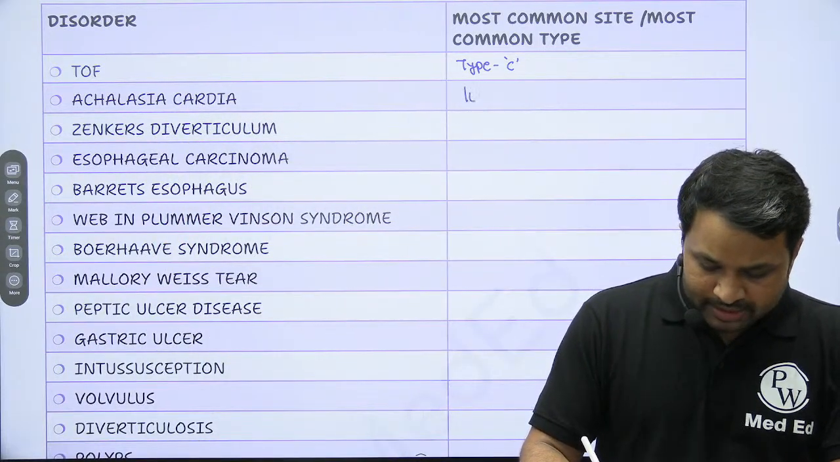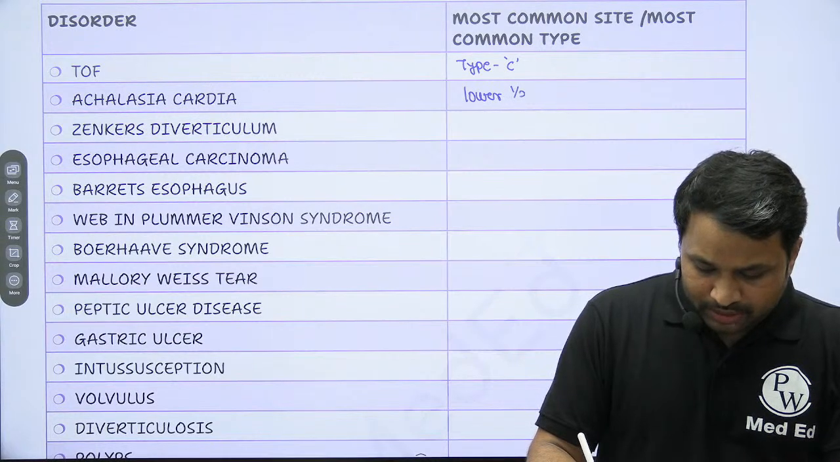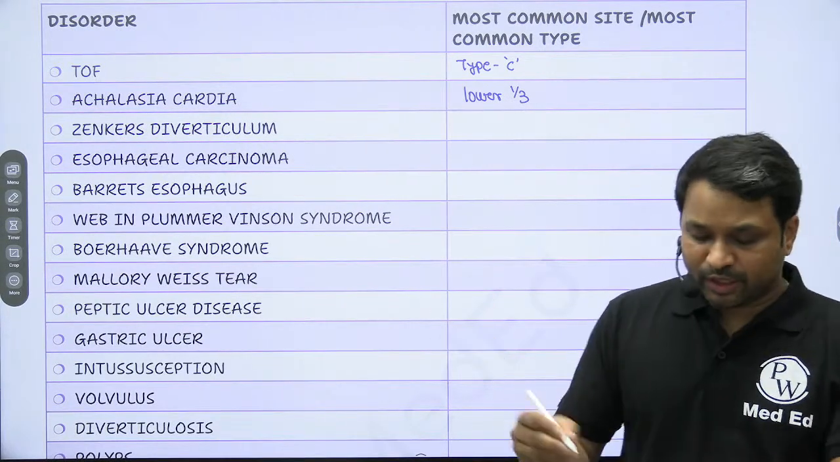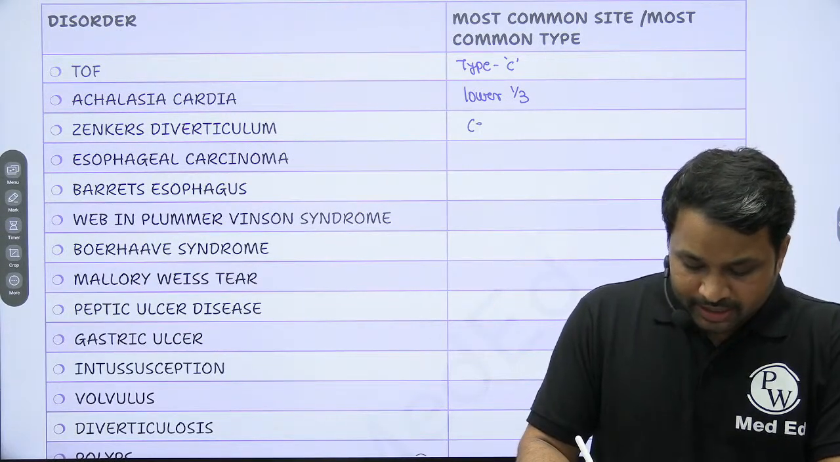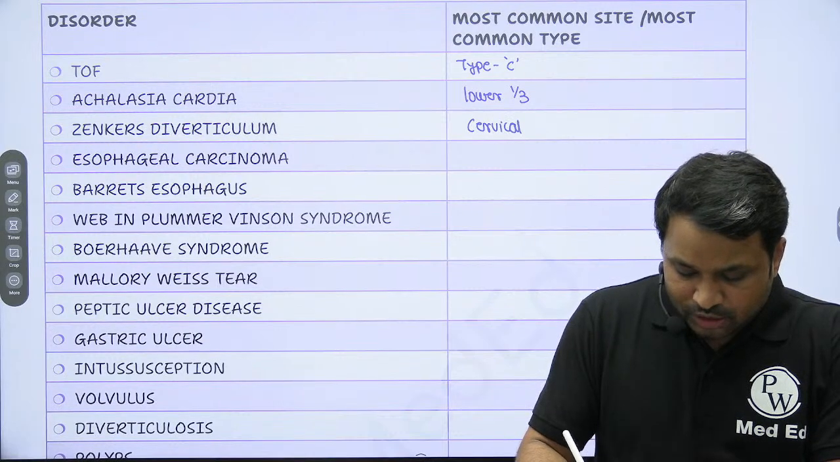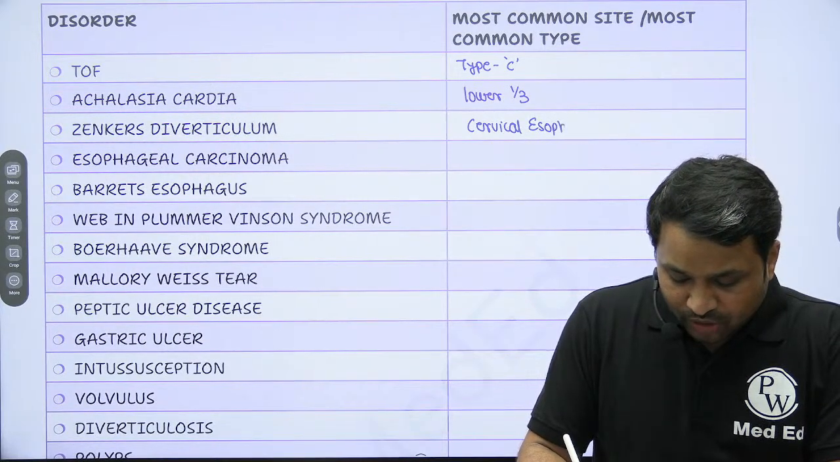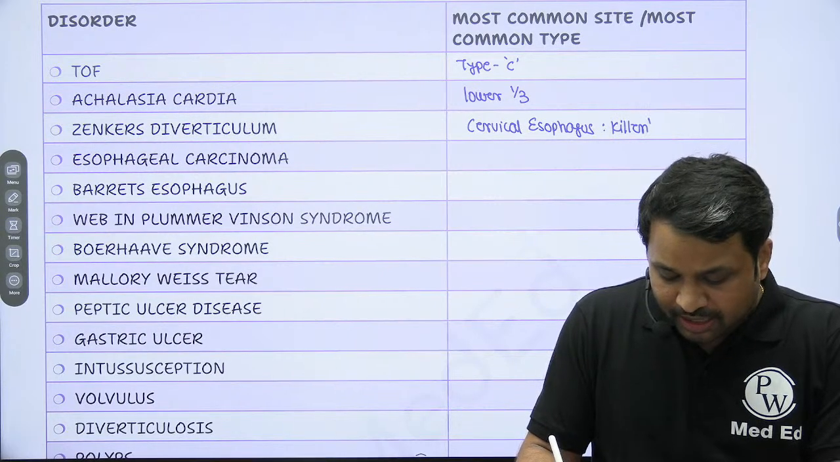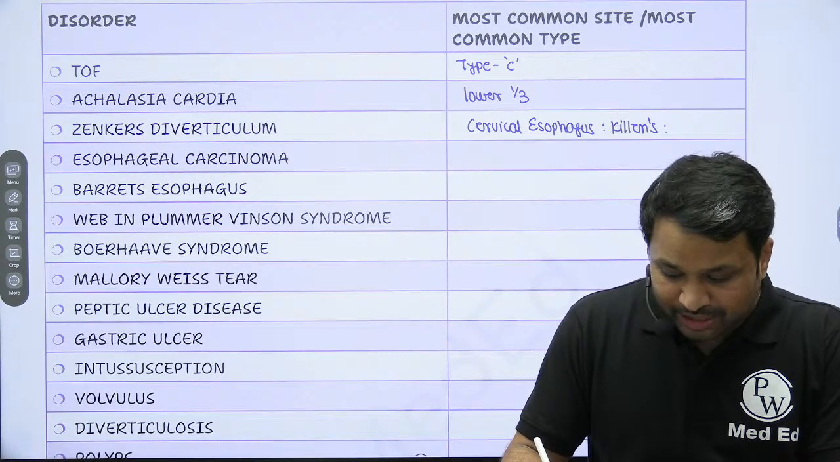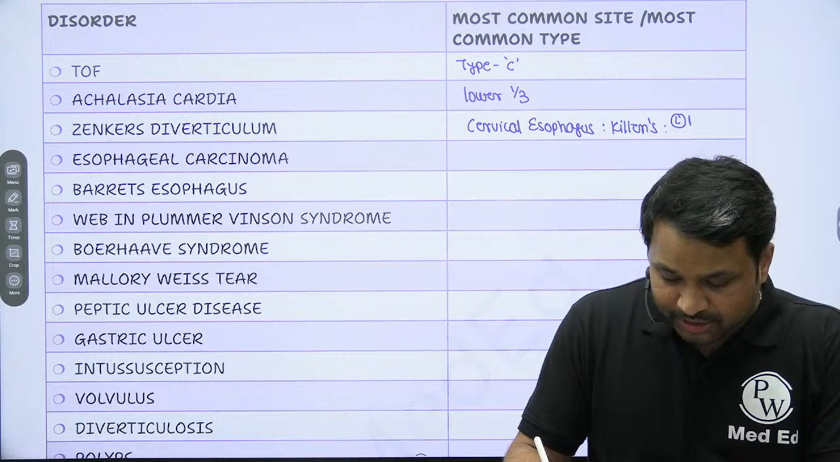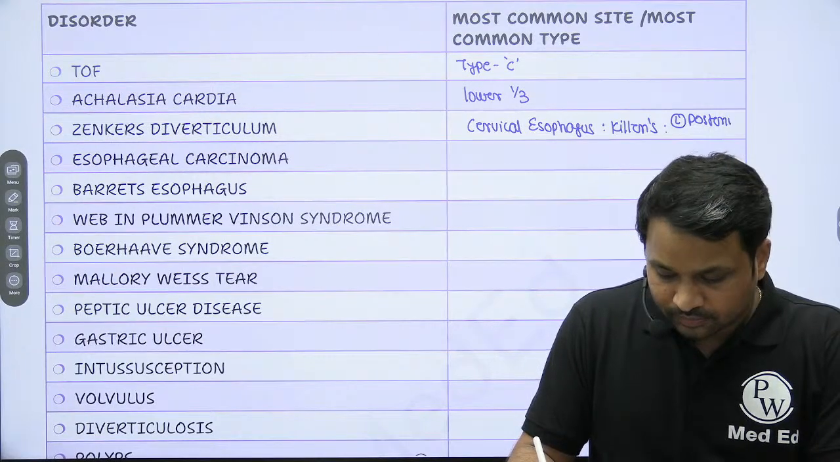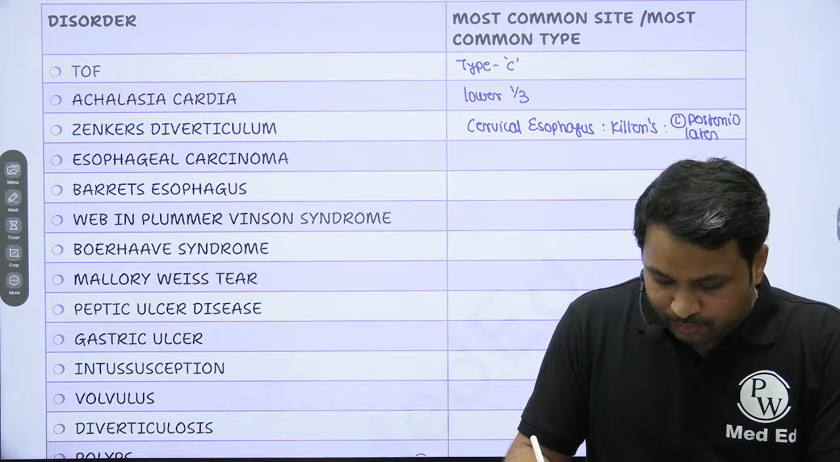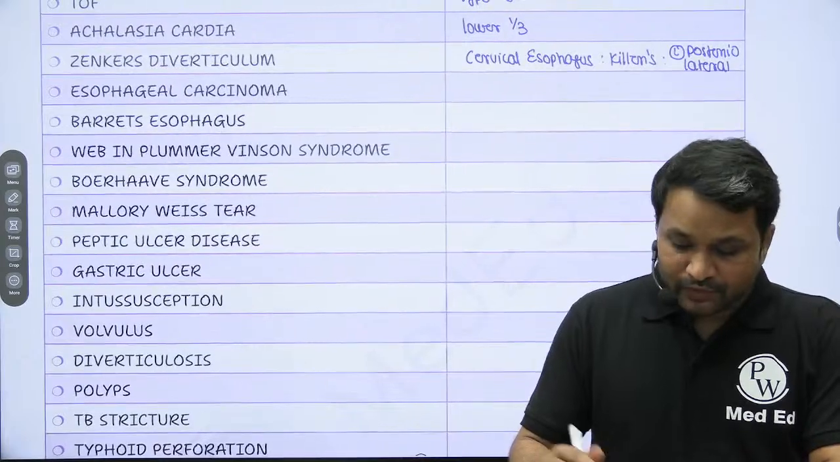Achalasia cardia, what is the most common site? The most common site is going to be the lower 1/3 of the esophagus. Zenker's diverticulum का most common site कौन सा है? It is your cervical esophagus. Cervical esophagus में कहाँ मिलेगा आपको? Killian's triangle से मिलेगा। Killian's triangle कहाँ मिलेगा? It will be seen on left-sided posterolateral, left-sided posterolateral में मिलेगा।